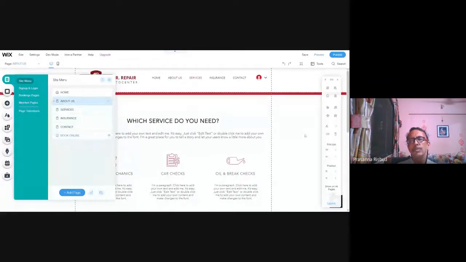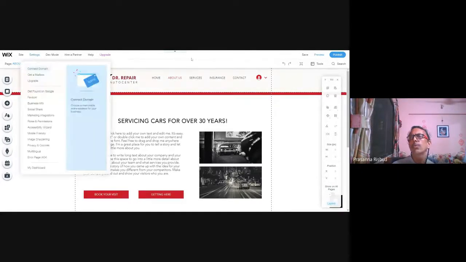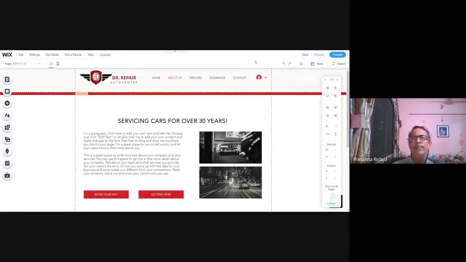So which service do you want? Whatever content you want to replace, do it. Again, go to the next menu. It will be auto saved. All this will be saved automatically. Everything will be done. And once you are done, you just have to click on the publish button. And that's all. Your website will be published. If you ignore the option to publish it on your own domain and upgrade, it will be published on a free domain, which is given by Wix.